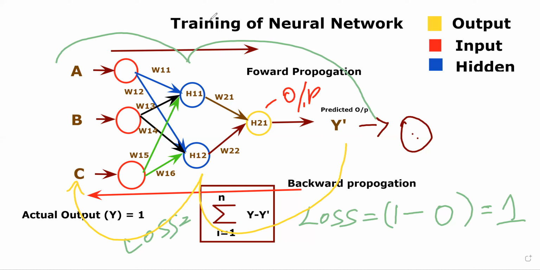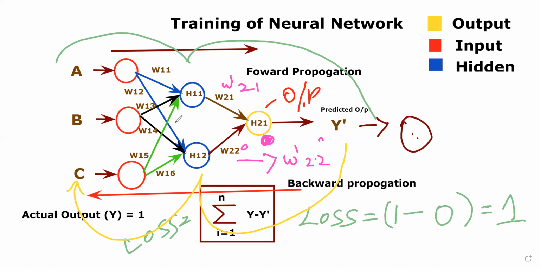When we are back propagating, we will be changing the weights of all these weights. So when we are back propagating from the output layer, this is our output layer, right? Here we will be changing this weight. So W22 will be changed to W dash 22, which is a new weight. This is the old weight, so this weight will be changed. And again from here we are having two weights, right? W21. So here also we will be changing to W dash 21. Same thing, it will be changing for all the weights from output to input. All the weights will be getting changed.